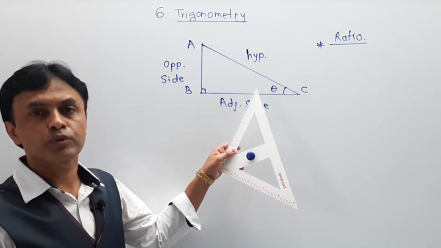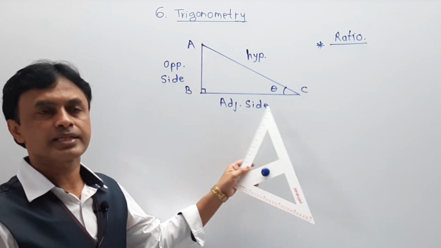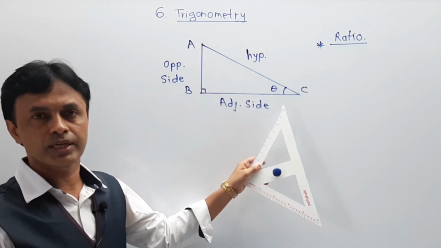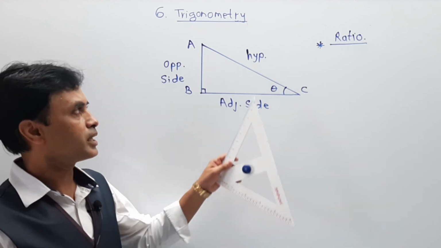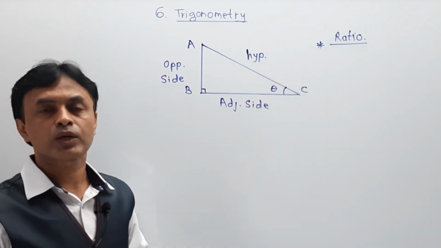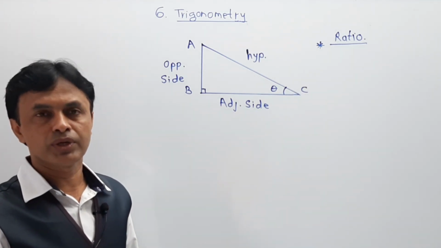In this case we have to take the ratio of respective sides. If the first side is in centimeters, then the second is also in centimeters, and the third is also in centimeters. It means all the diagram must have the same unit. Naturally, if you are going to write a ratio, that quantity is unitless. I repeat, that quantity is unitless.